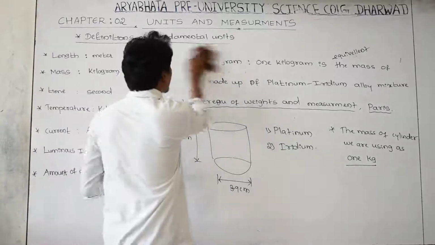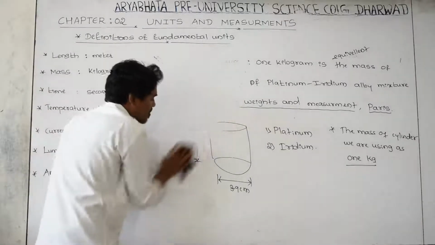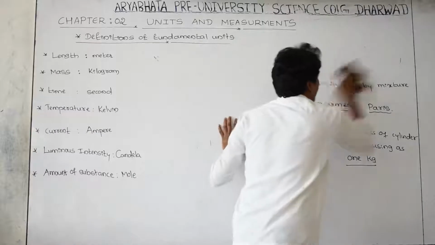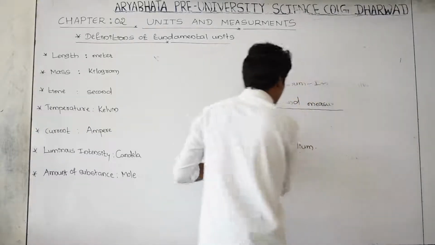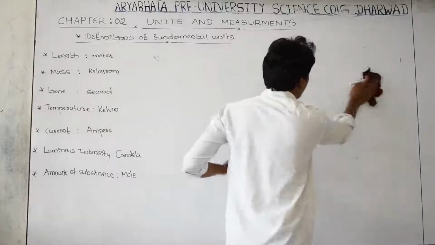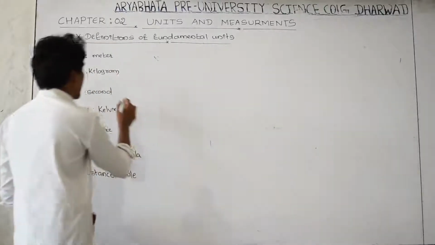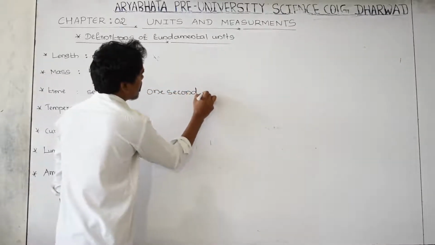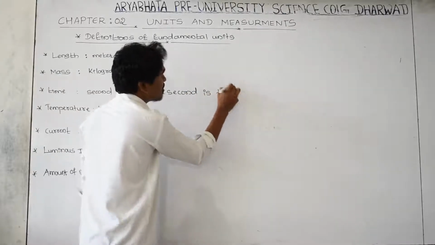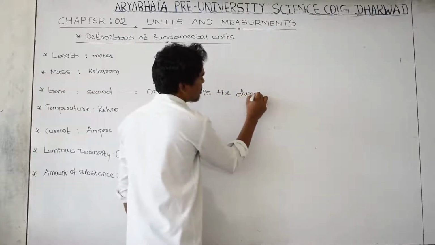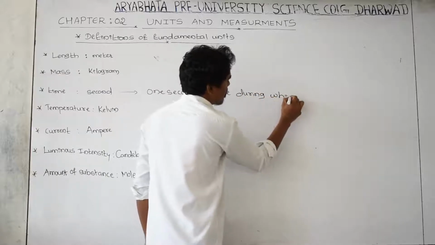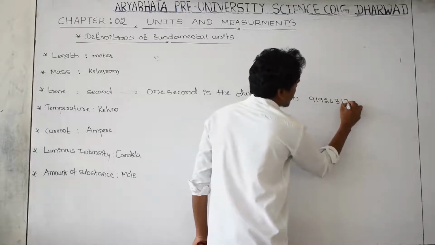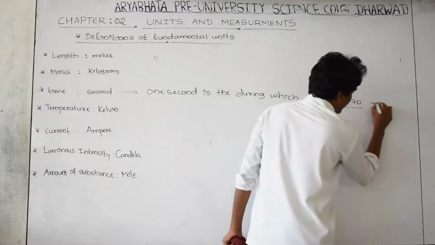And go to next. What is the definition of the SI unit of time? The SI unit of time is 1 second, and we'll study what is 1 second. The 1 second is the time during which what is happening? During which 9192631770 radiations are emitting